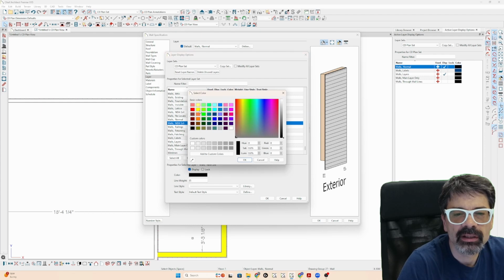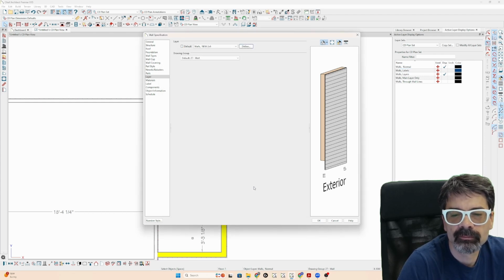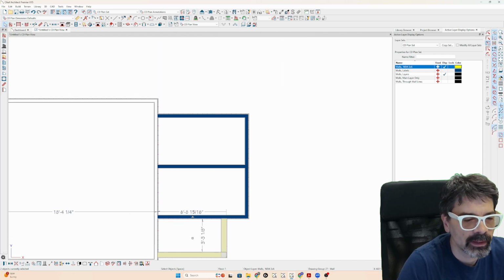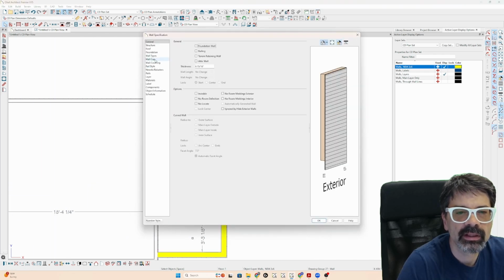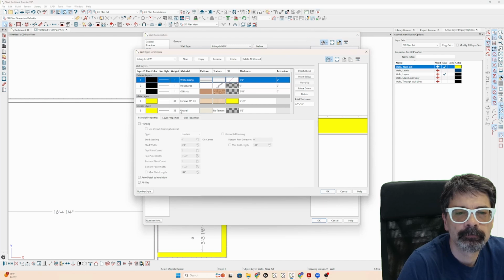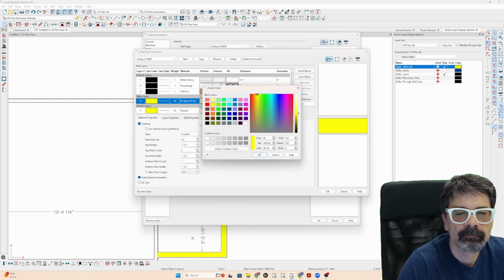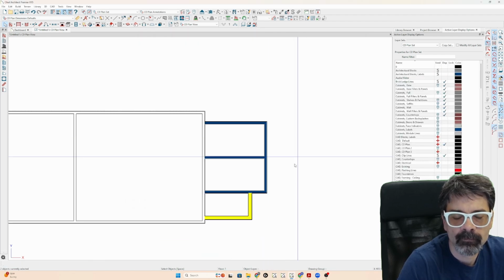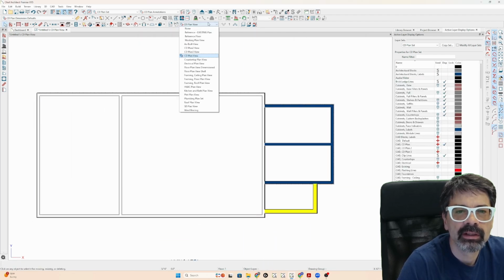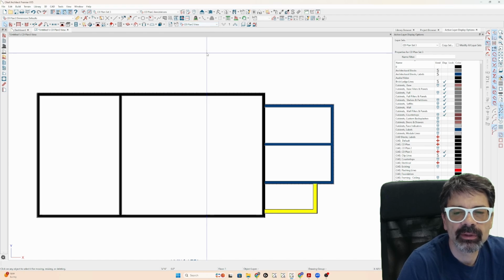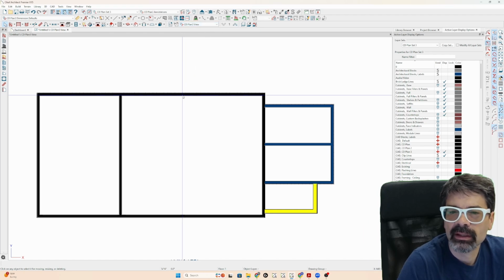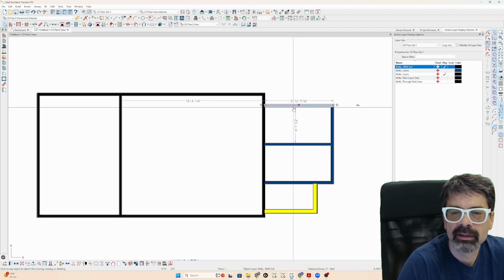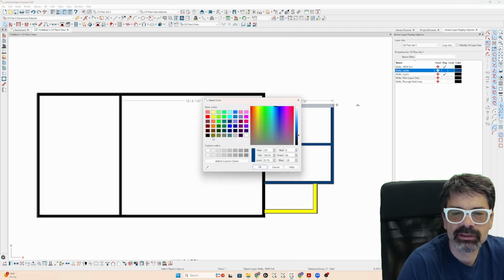And let's change the color here to yellow. Change the wall type itself. Okay, that works here. Let's change it to my CD plan 3. And if we change this to black,